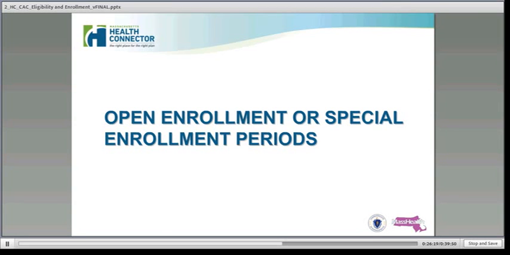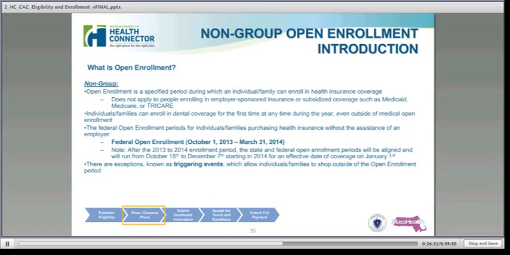On slide 22, these are all of the eligibility verification criteria for non-group, again, whether someone is seeking coverage through the Health Connector or MassHealth. As well, I want to have you look at slide 23. Okay, so I think folks are fairly comfortable with the information on slide 22, but I want to bring your attention to slide 23.